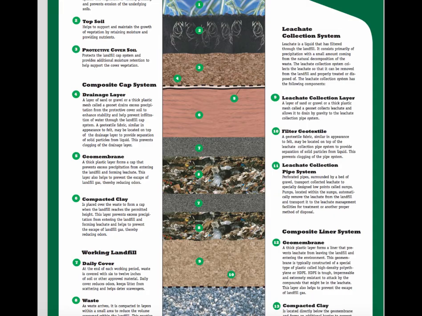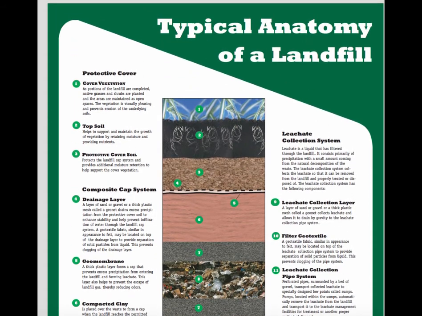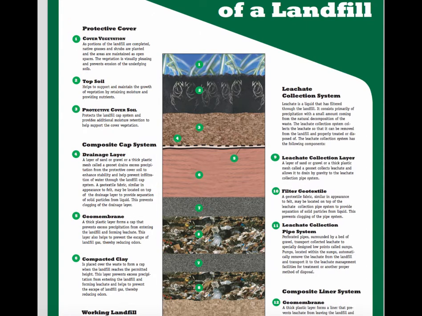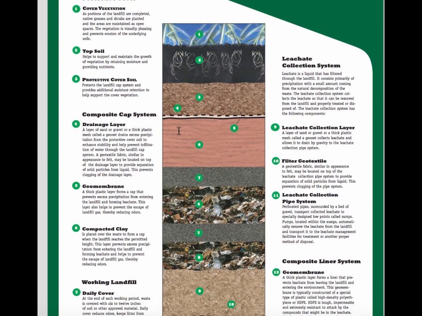So here again is a more specific detail of a typical anatomy of a landfill. I've put this into our Dropbox so you can have a picture of this for yourself. But you want to be familiar with the different layers. So this is a cross section of a typical landfill, where here you have your covering vegetation. A lot of times they would put vegetation or grass or different types of flowers over that, or it can just be flat. You have your topsoil, and then you're going to have your protective cover covering your soil.